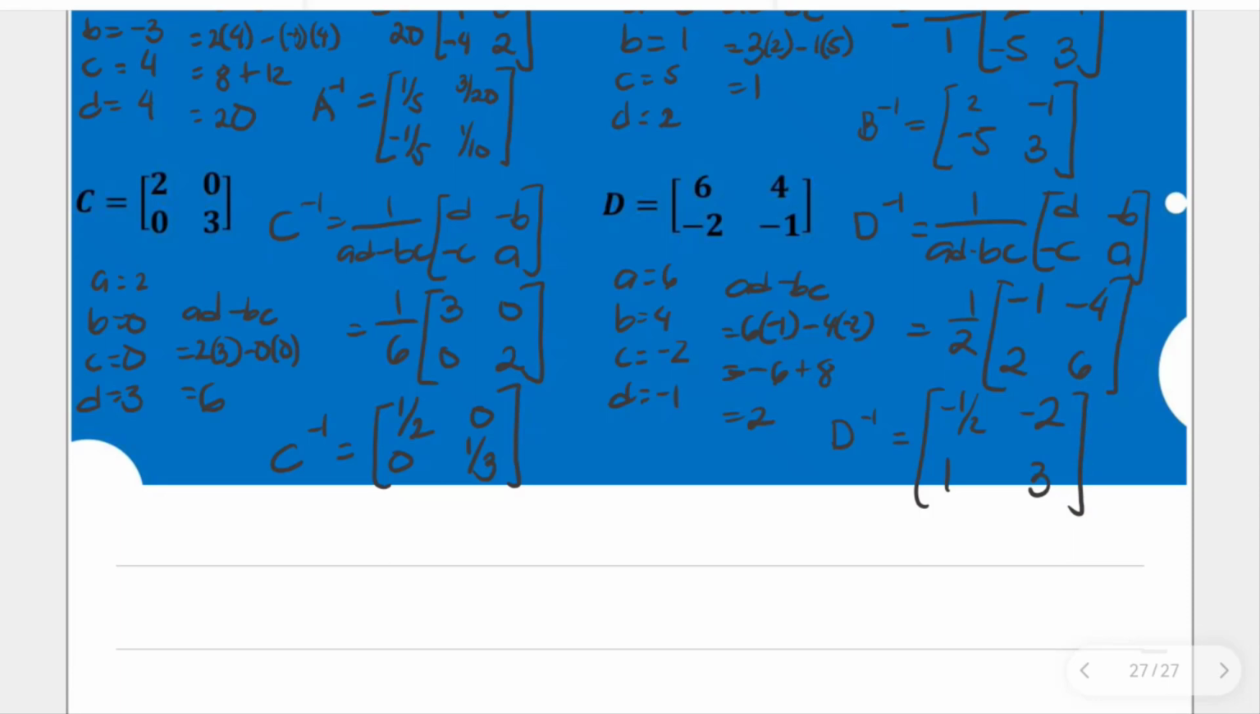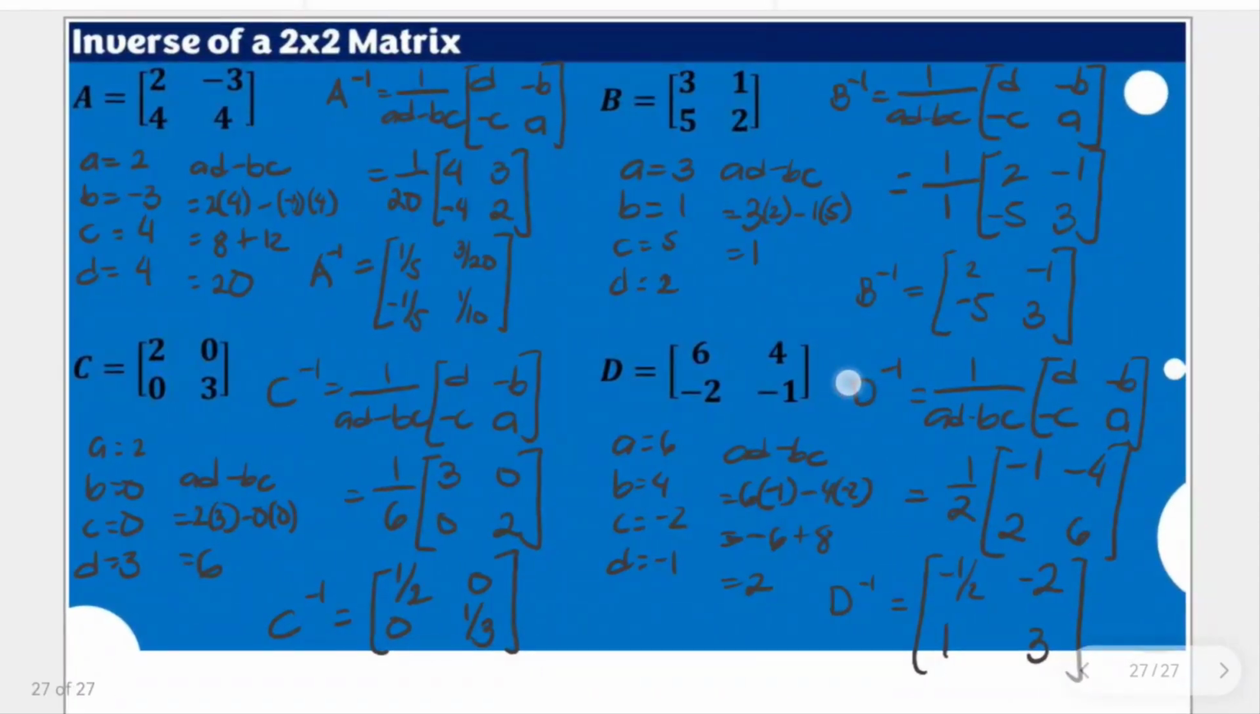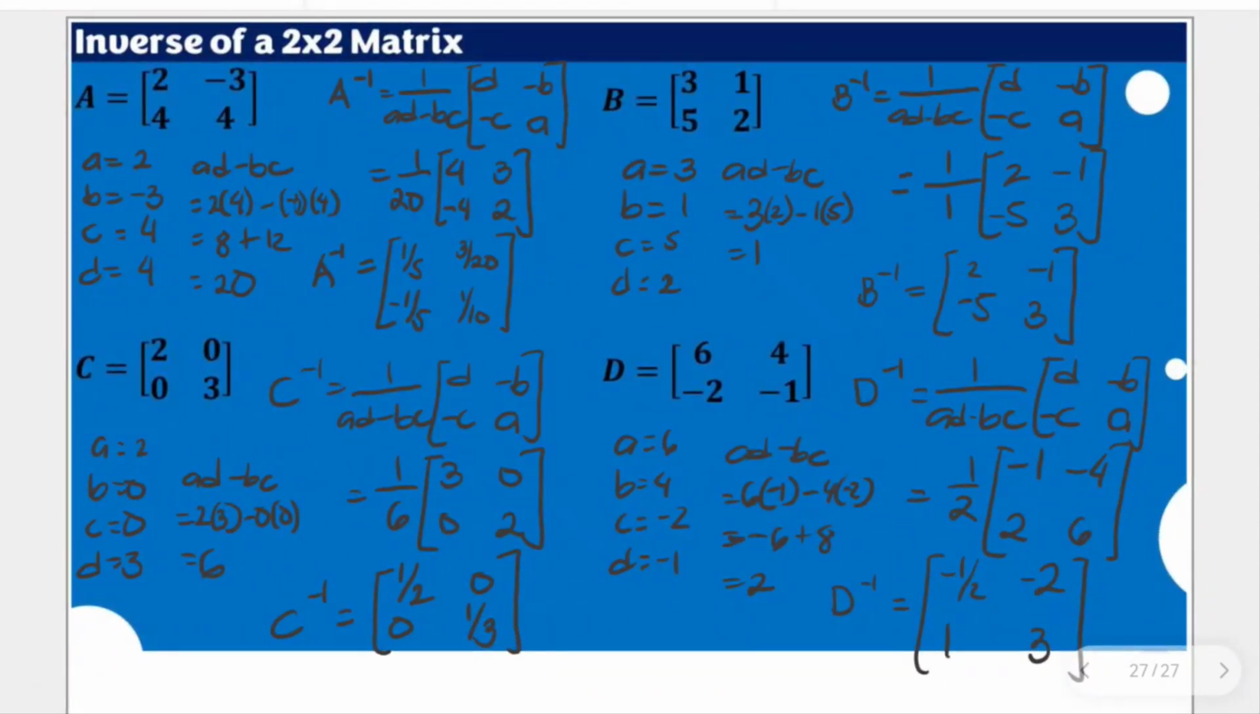Alright, so these are the inverses. Okay, the spaces are just enough. These are the inverses of their respective 2 by 2 matrices. And we used here the